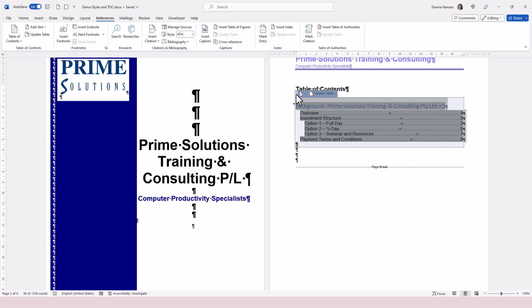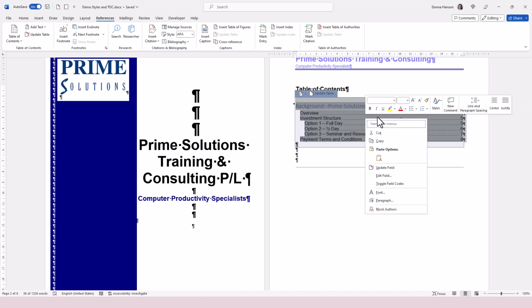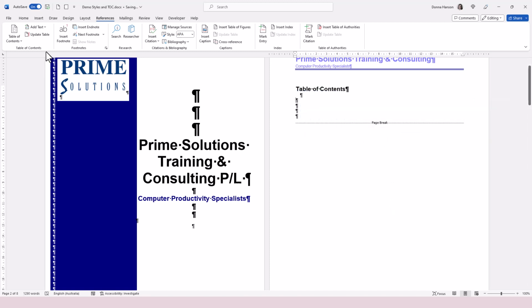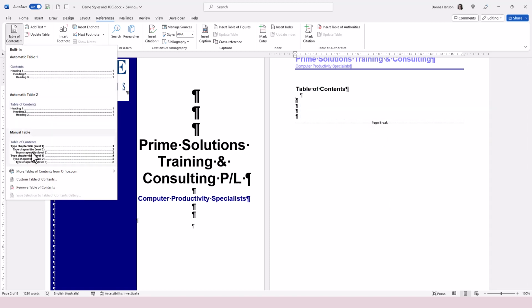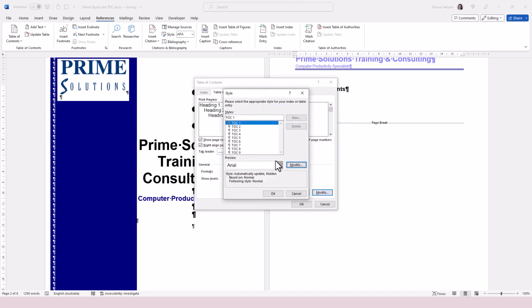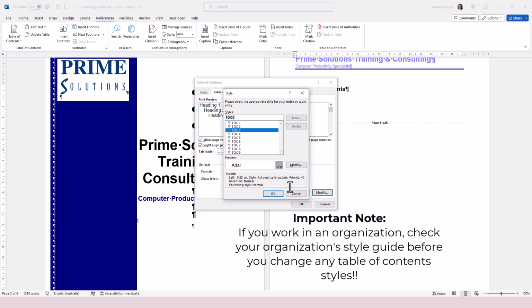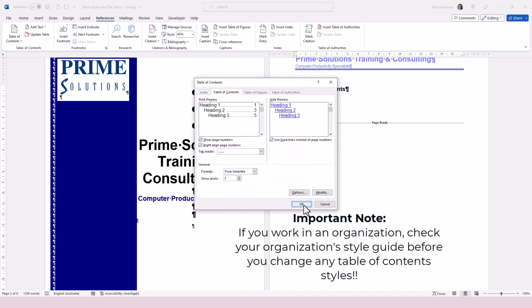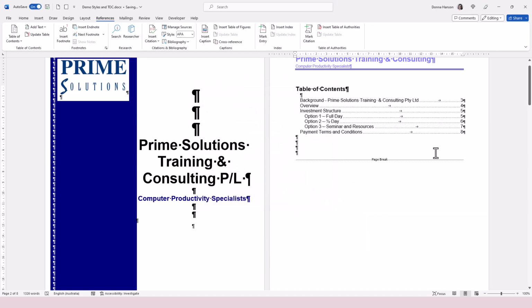If the typeface and font isn't exactly what you want, click on the little three dots to select it all and just right click and choose Cut. Removes it. I can go to Table of Contents. In this case, I'll choose Custom Table of Contents. Heading 1, Heading 2, Heading 3 is all I want. And in the Modify options, I can come in here, and if I wanted to change the typeface, I could do that from here. I'm just going to click OK and click OK again,